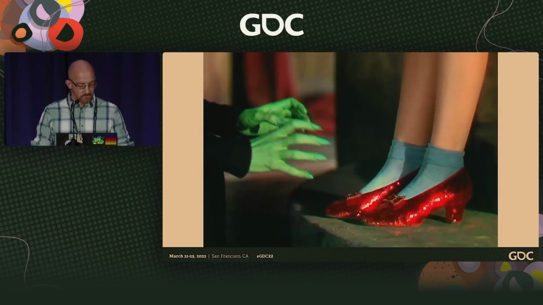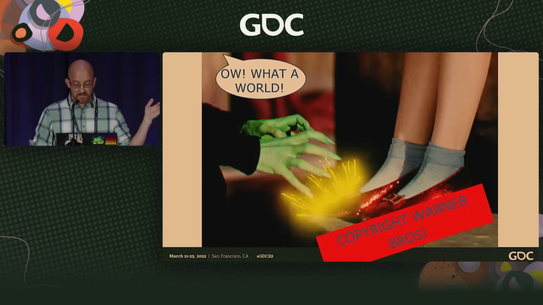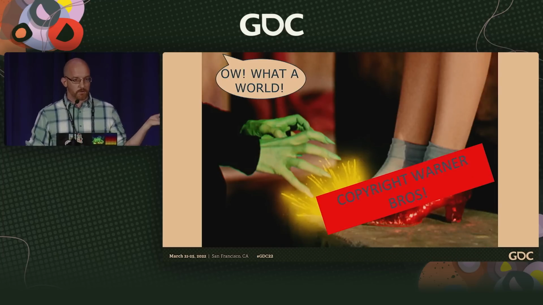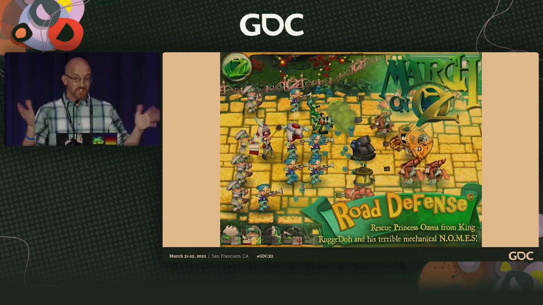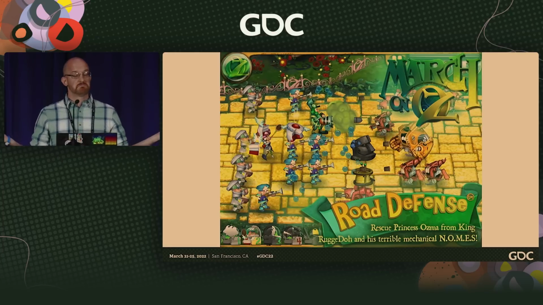Now, again, I cannot reiterate this enough. If you are doing this, make sure you do not take elements specifically associated with copyrighted derivative works, such as, for example, with Oz, the 1939 MGM film, which Warner Brothers owns currently. So keep the slippers silver, not ruby. Just like with Winnie the Pooh, don't put a shirt on him. These are distinctions you want to make. But if you can do that, you could make an Oz game, like City State Entertainment did in 2012 with March to Oz. You could have an Oz game with Ride of the Valkyries in it. Why not? I don't know if that would quite fit, but